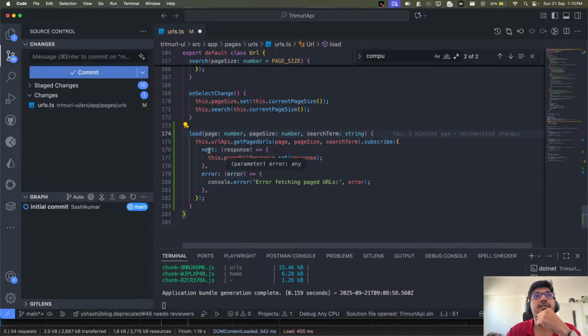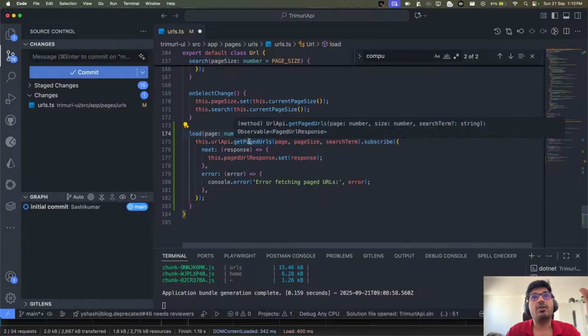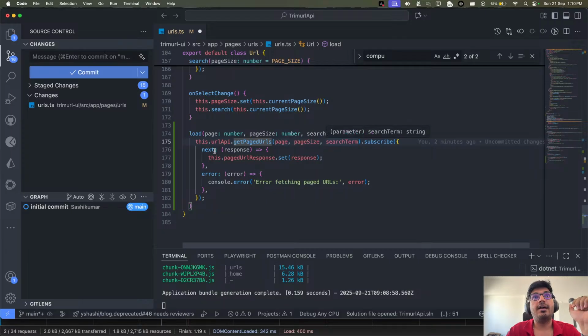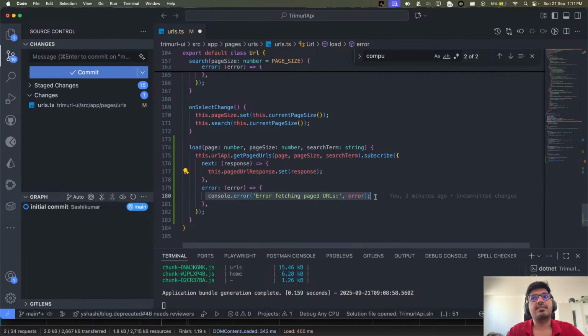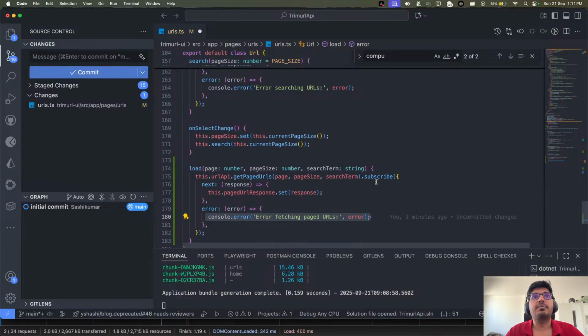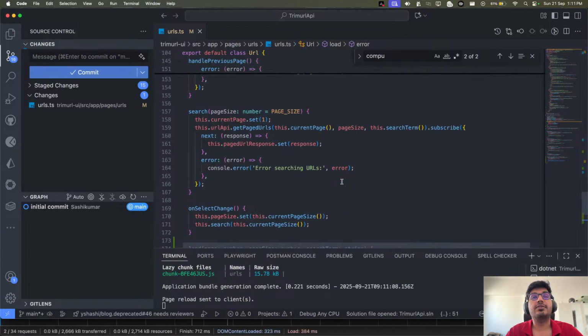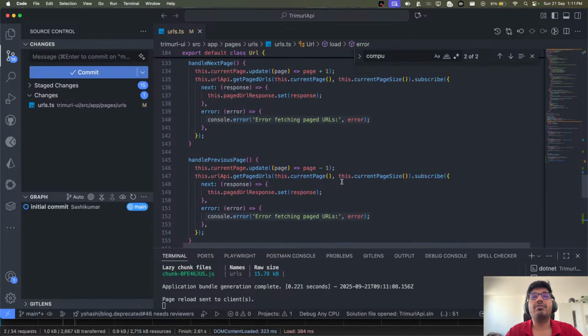This load does the API call for us, which requires page, page size, and search term, and based on that it updates my page URL response. If there is any error, it is just logged, so that's fine at the moment. And now I can get rid of a lot of code here.